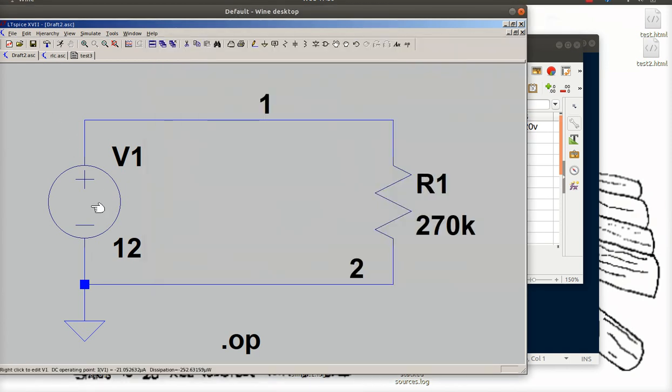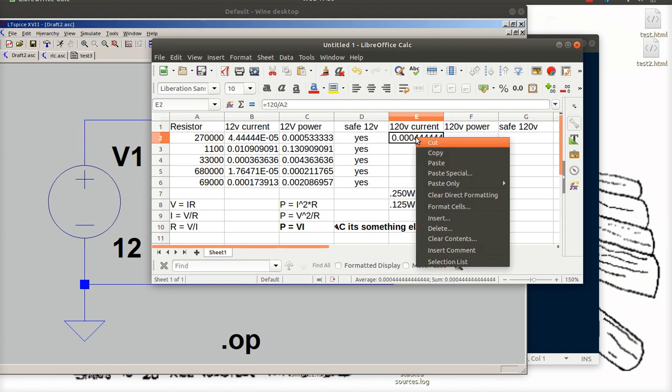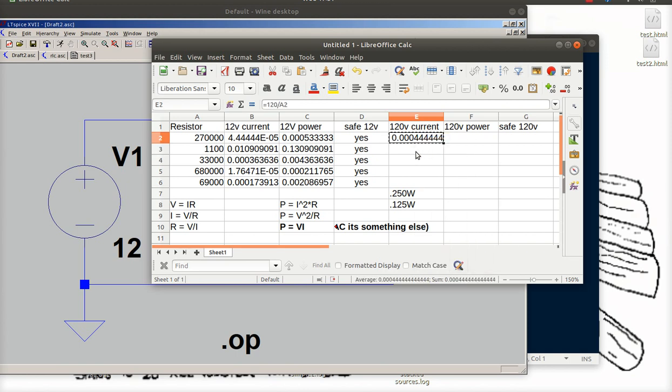So in Spice, I would have to go in and change this to 120, and to do each individual resistance, you'd have to go in and change the resistor. Then you'd have to do the DC analysis. You could get the answers that way. It would give you good Spice practice. But sometimes you want to be even more efficient than that. So I've got my current for the 120. I'm going to copy. I'm going to get all my currents,